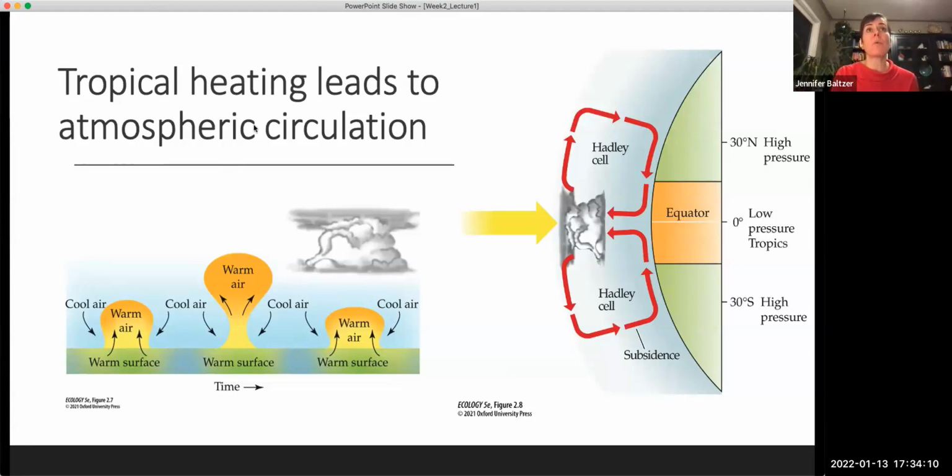Okay, so we have our tropical heating here. Here we are at the equator. If you remember the diagram that I drew on the whiteboard in my basement, you've got the Earth, and the equator in the middle. Here we are at 0 degrees latitude. The equator has a lot of incoming solar radiation, so air at the equator is very warm. If anyone has been to the equatorial tropics, it is warm all the time. It is lovely. I'm a bit of a cold person, so these warm temperatures are just delightful.